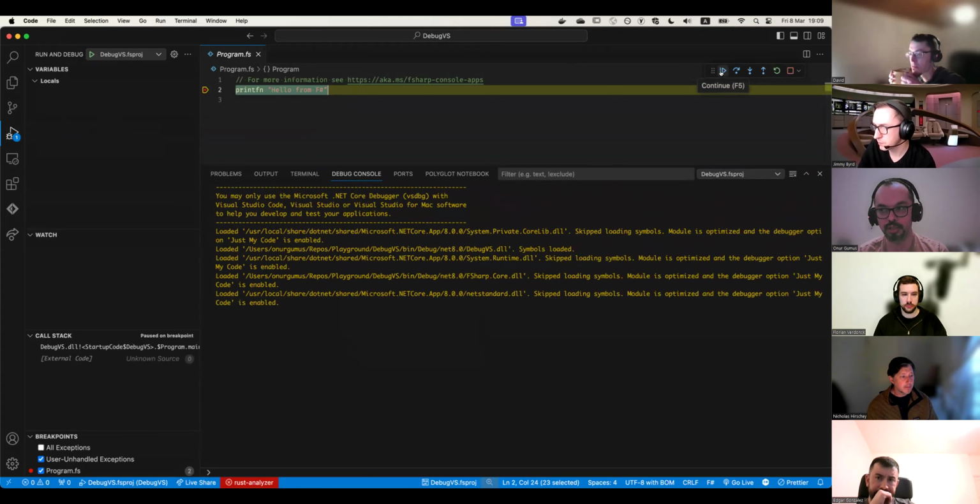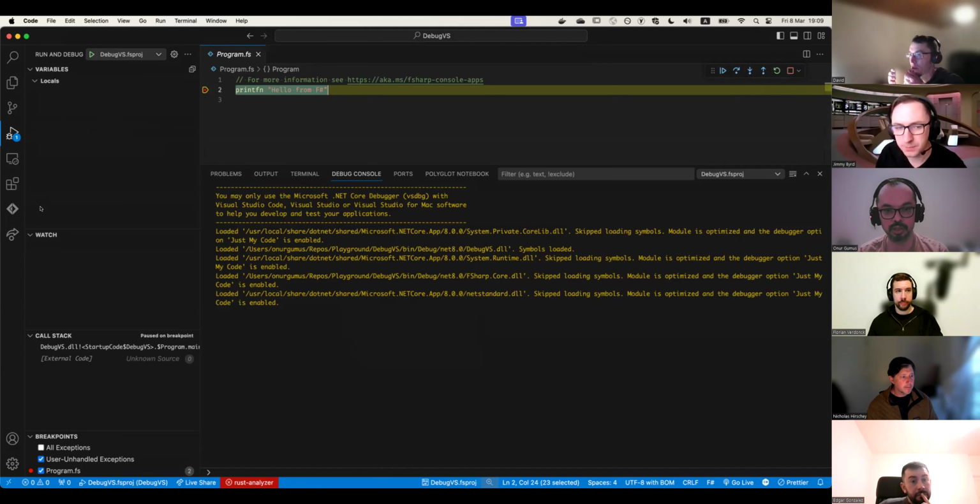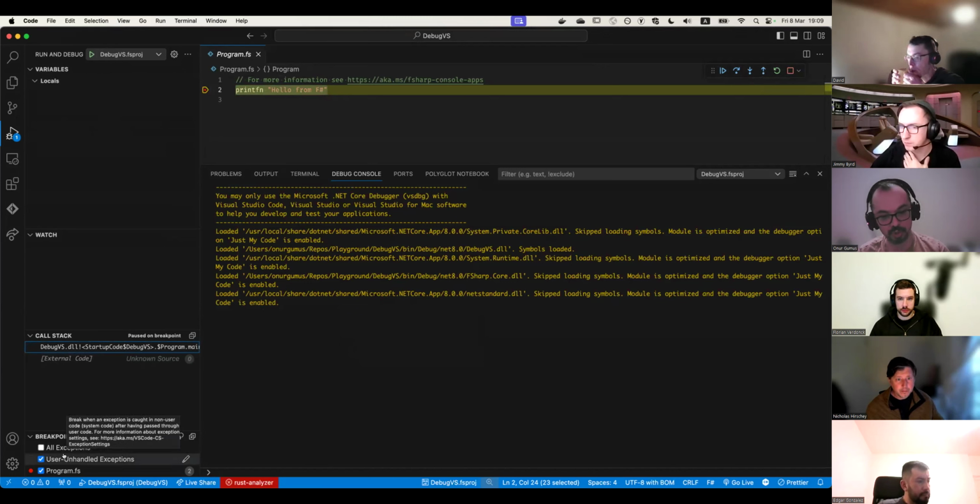From the right-hand side panel, you can see the basic debugging actions where you can continue, step over, step into, step out, restart debugging, and stop altogether. On the left pane, you can see the locals, the ones you want to watch, the call stack, and also your breakpoints, and you can choose which breakpoints you want to trigger.